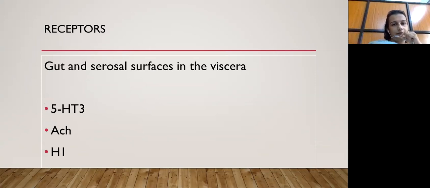Coming down from the brain to the gut, what receptors are involved in the gut and serosal surface? We have got 5-HT3, acetylcholine and H1. These are the direct effect of whatever can be gastric stasis or gastric